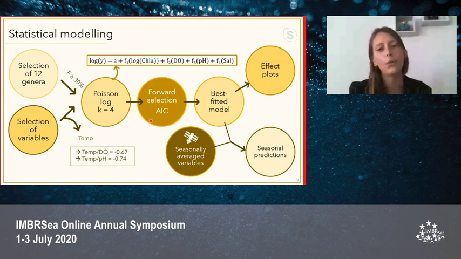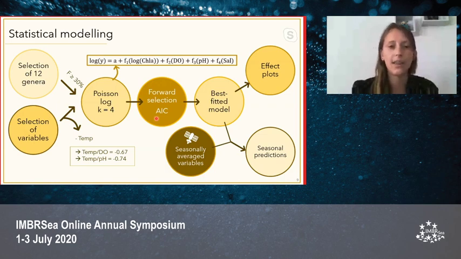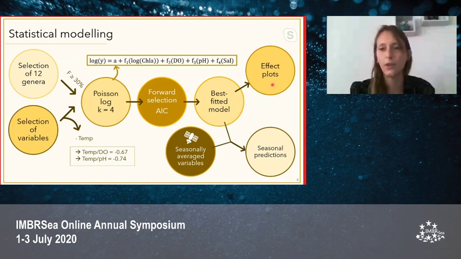Then we applied the forward stepwise selection based on the lowest AIC in order to obtain the best fitted model for each genus. From those best fitted models, we were able to obtain our effect plots to analyze the effect of the variables on the phytoplankton abundance. And combining the best fitted model with the seasonally averaged variables from Landsat, we were able to predict the phytoplankton